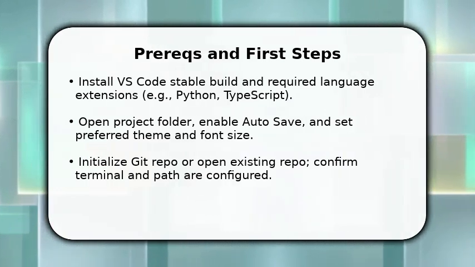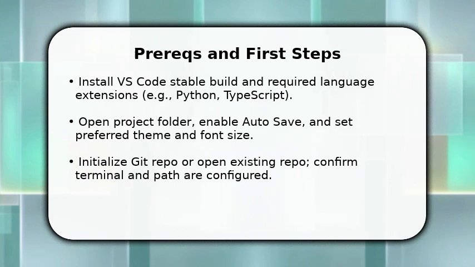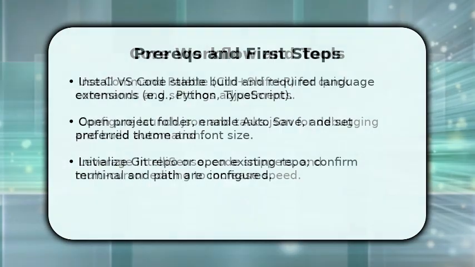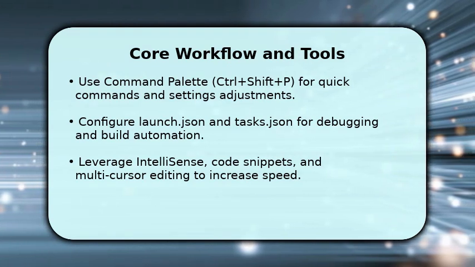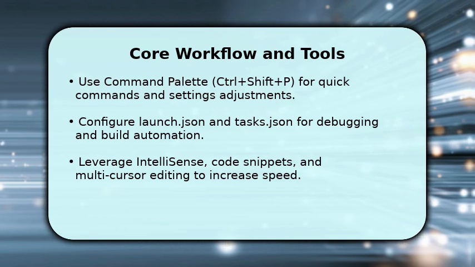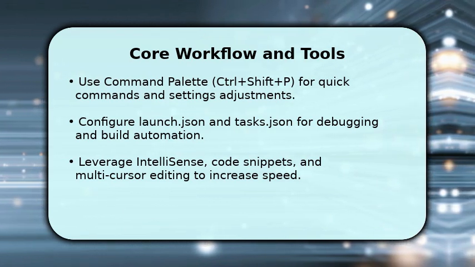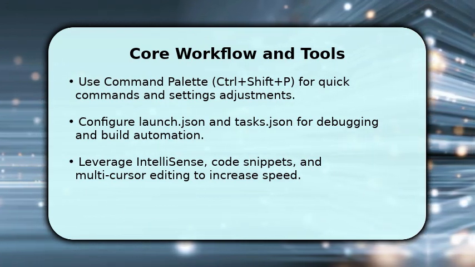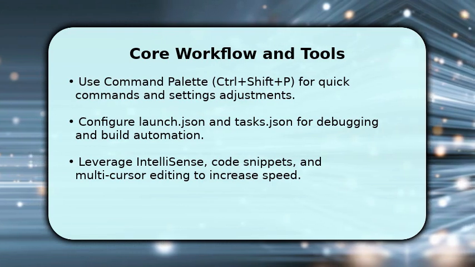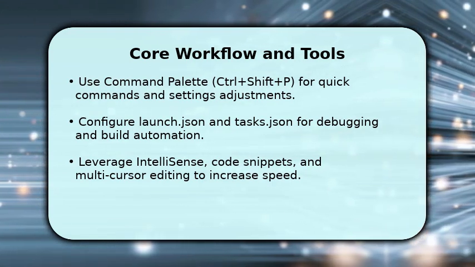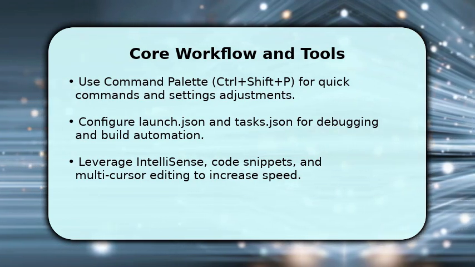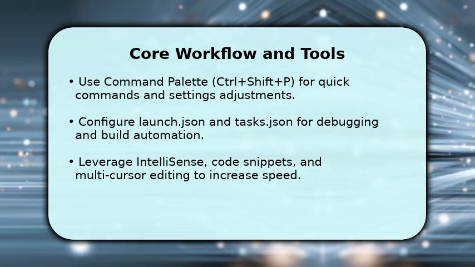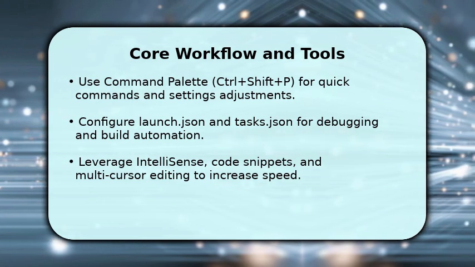You now build the core workflow. Open the command palette to run commands and tweak settings. Configure debugging with a launch.json and create tasks.json for build or test automation so you can run with a single shortcut. Use IntelliSense and language-specific snippets to reduce typing and prevent errors, and employ multi-cursor editing for repetitive changes. Once your workspace settings are saved, you'll reproduce the same efficient environment across